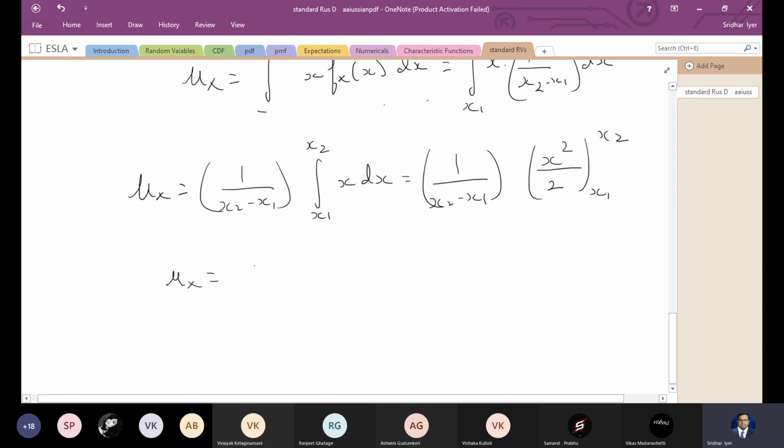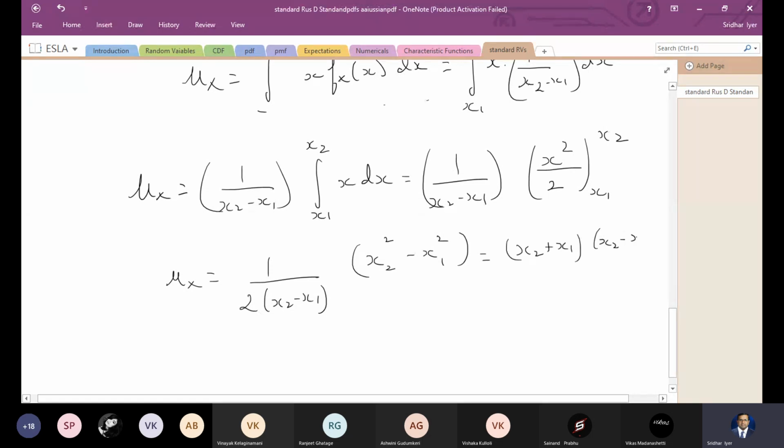Therefore mu x will be 1 by, I'll get the 2 here, and you have x2 minus x1, and you'll have x square, so you'll have x2 square minus x1 square, right? Therefore, I can write this as x2 plus x1 into x2 minus x1, and this will divide by 2 into x2 minus x1, right? So I can cross the x2 minus x1 in the numerator and the denominator. Therefore, mu x will be x2 plus x1 by 2,